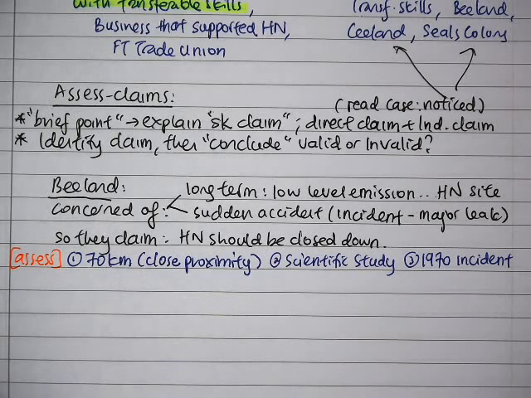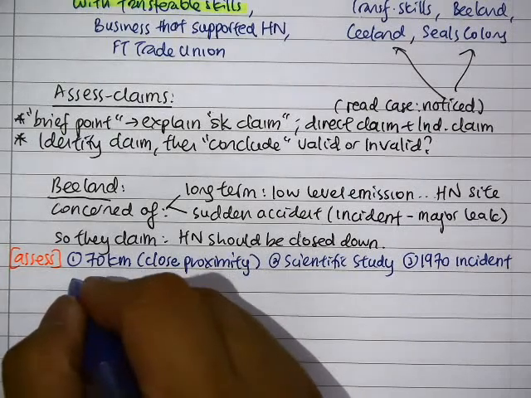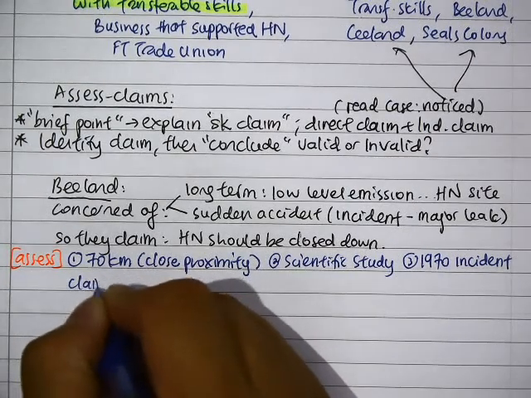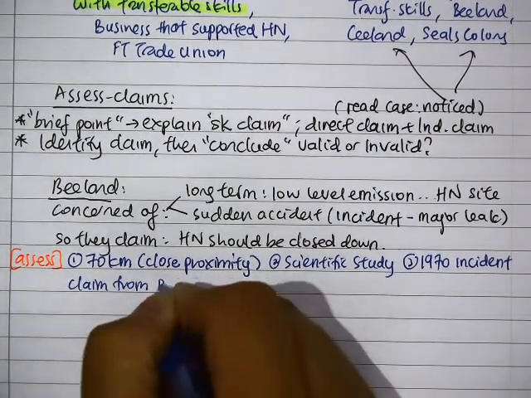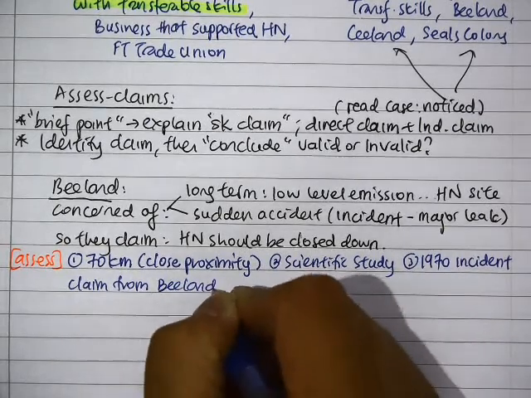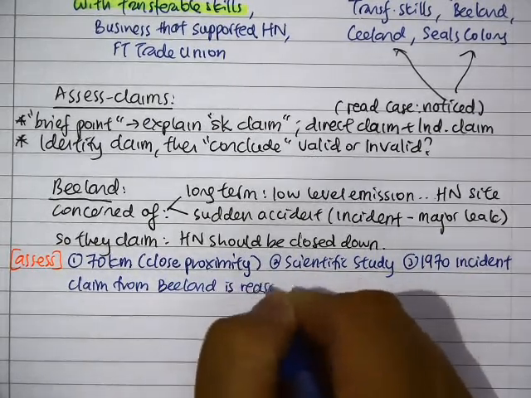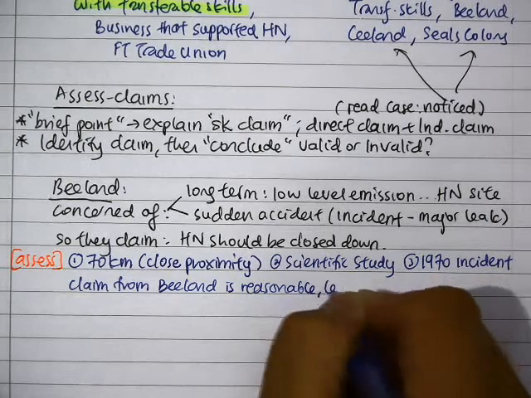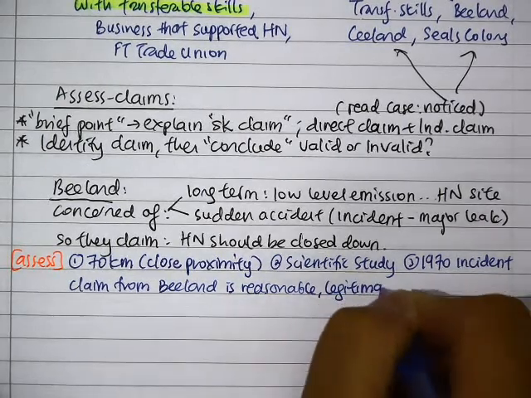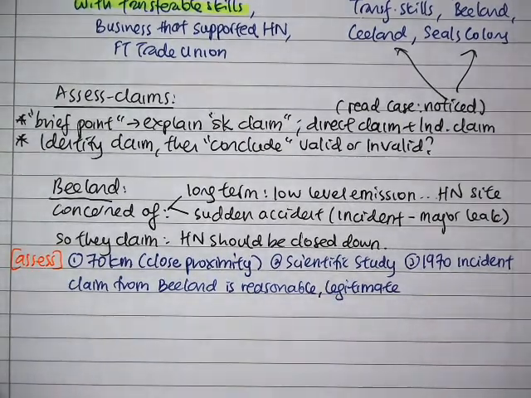They had a scientific study, that's what the question said. Okay? There are some scientific support. They had a study. So they not simply say, well, no, they had a study. So the 70 kilometer, the scientific study, in fact, plus a